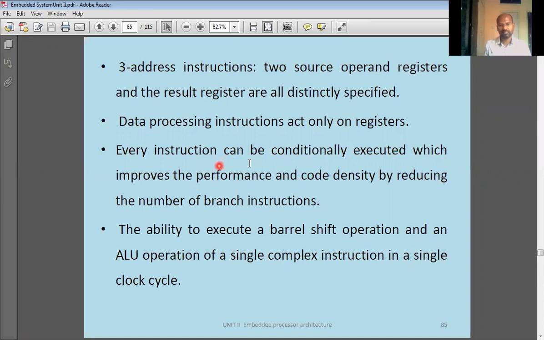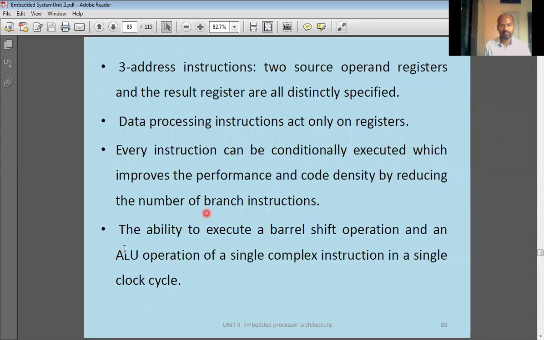You can execute these instructions based on the results of the ALU. That is a very powerful feature of this ARM instruction set, and it is another reason why we have high code density in ARM